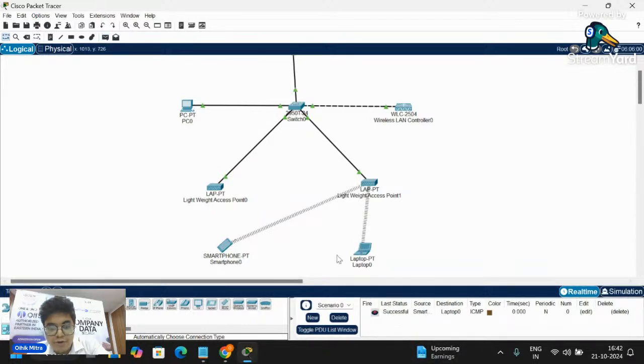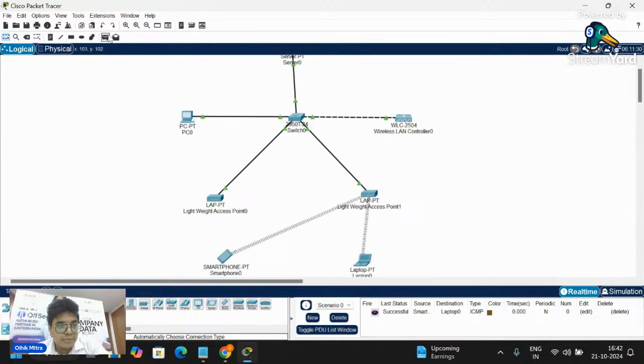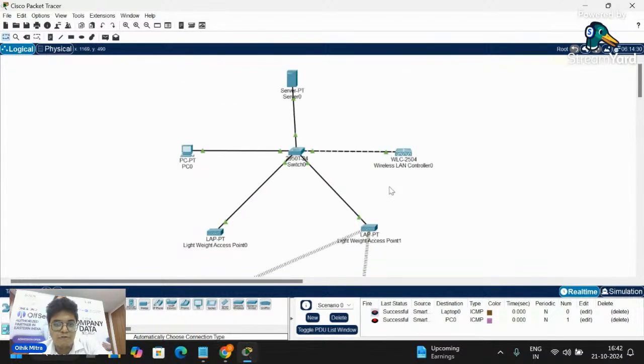Now we are successfully connected to the Wi-Fi, and the laptop and the smartphone are communicating through the wireless network, right? So this is basically a basic configuration of wireless LAN in Cisco Packet Tracer. I hope you have understood what WLAN is.